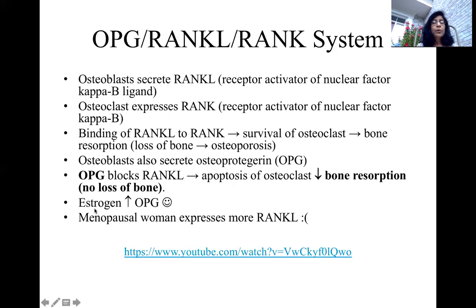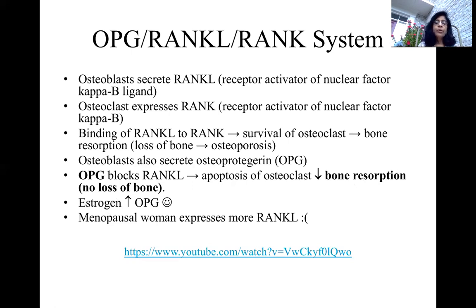Let's talk about the role of estrogen. Estrogen stimulates the secretion of OPG. Estrogen also inhibits the expression of RANK ligand, okay? Estrogen stimulates the secretion of OPG, which should limit bone resorption. Estrogen also limits the expression of RANK ligand at